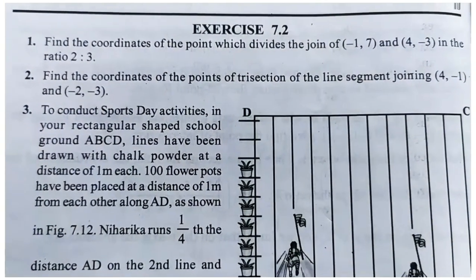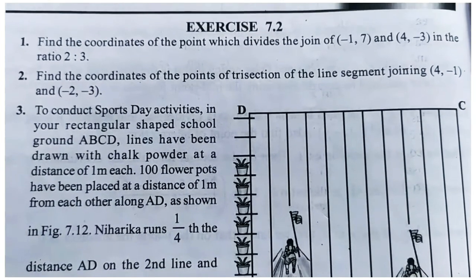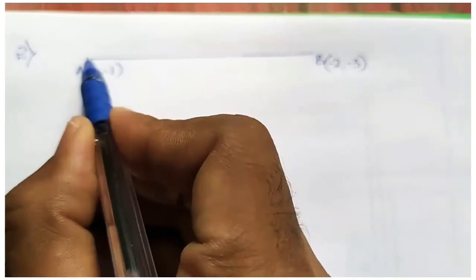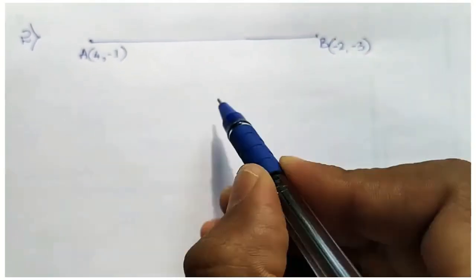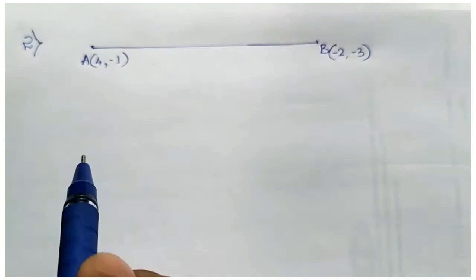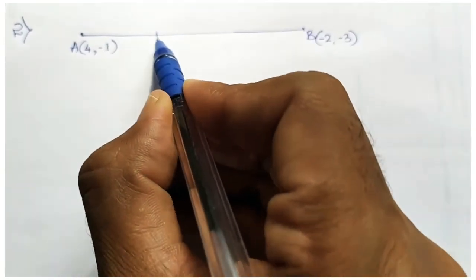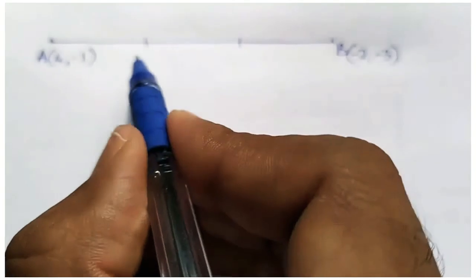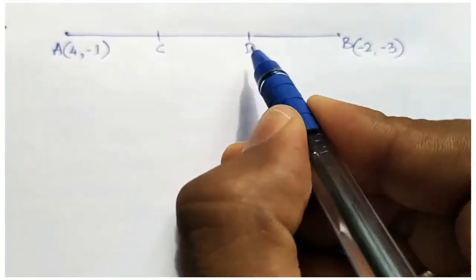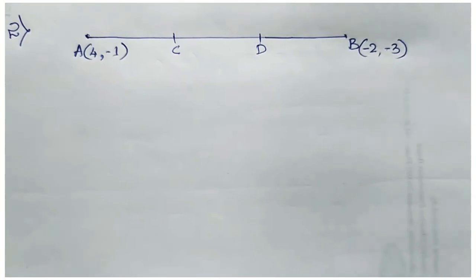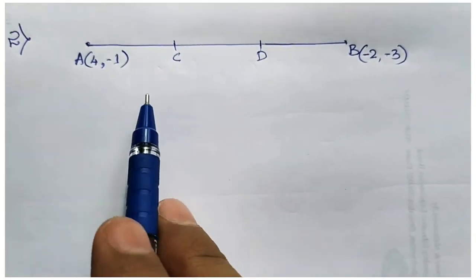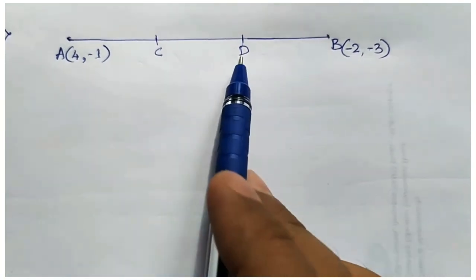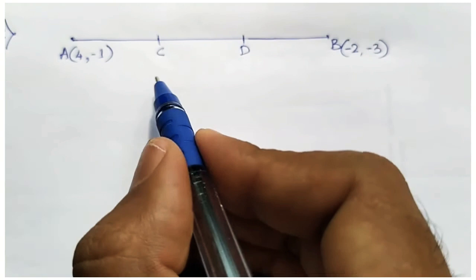So first you try to get the points which are making the sections. Here let's take A and B as the end points of the line segment. This line segment is being made into trisections, meaning 3 sections. For the first one I will take it as C and D. How many points did we get? 2 points which are making the line segment into 3 sections. So C is at the first part, next D. Okay, so in which ratio are they dividing?